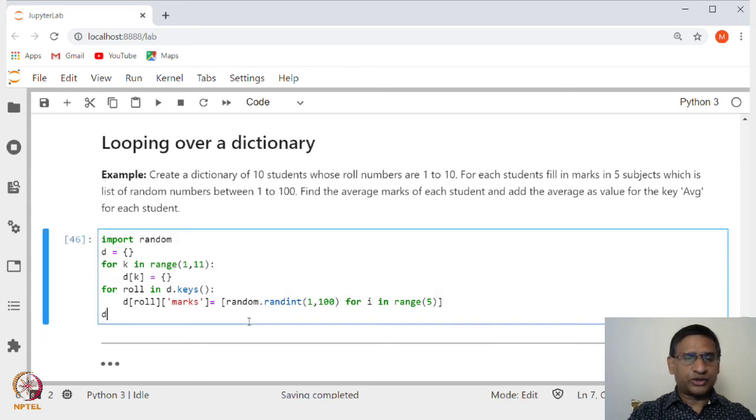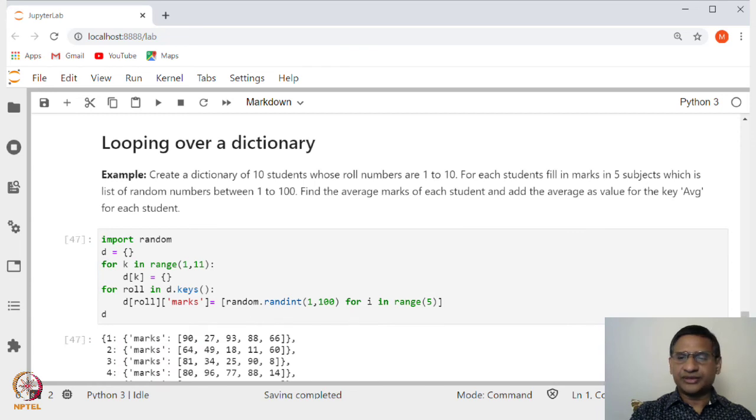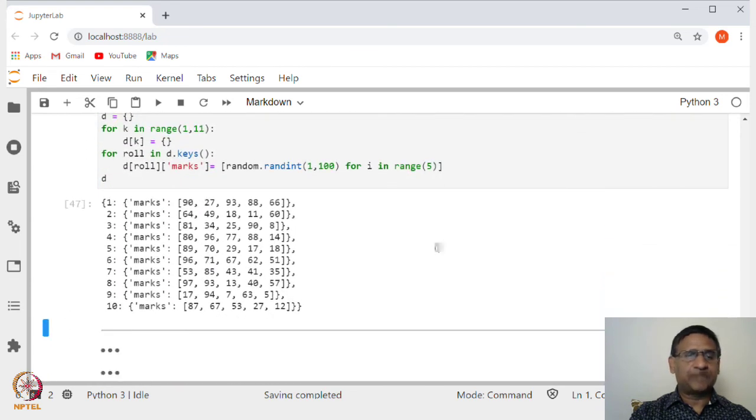Now, if I ask what is D, you will see that we have generated a dictionary of 10 keys, the keys are roll number 1 to 10, and for each roll number the value is again a dictionary. So, this is a nested dictionary, and the marks is a list of 5 integers.